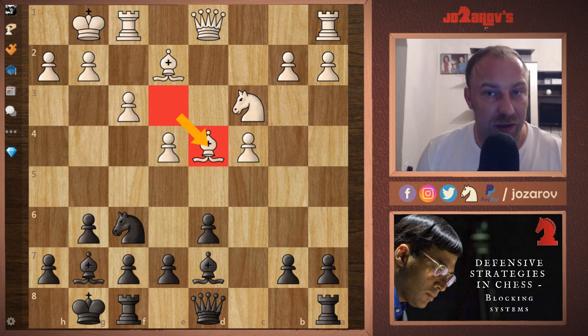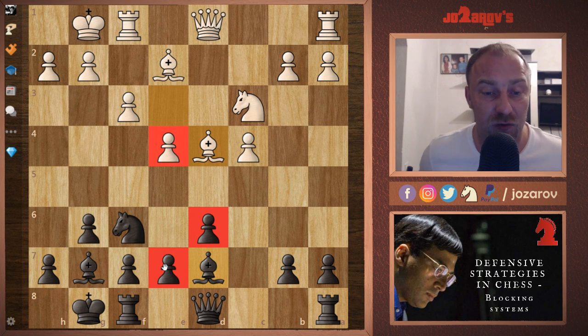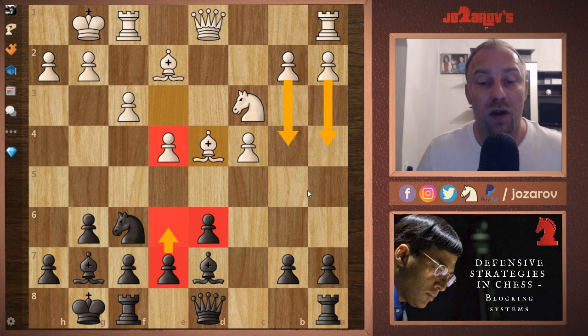The problem for black here is that black is facing the pawn majority on the queen side. So here white has sort of an advantage, a 3 versus 2 situation with pawns. What black has as a strategic advantage is a 2 versus 1 pawn central control. So black has a slight advantage when it comes to pawns in the center, but white really has this pawn majority. In order to block this pawn majority, to really slow it down at least for a little bit,